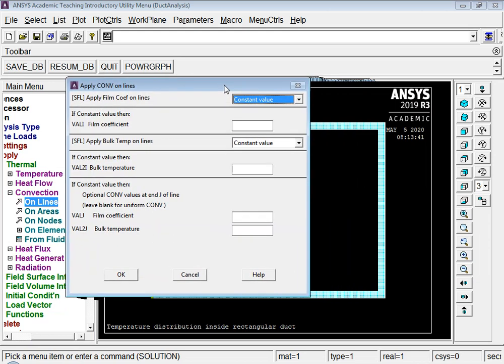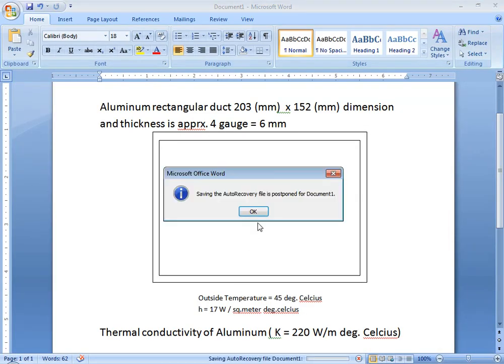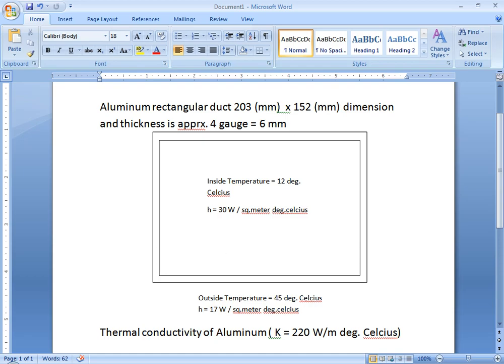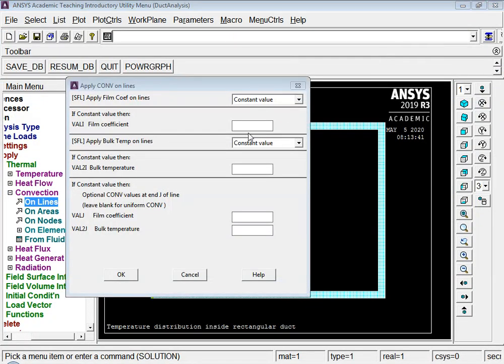And remember, the film coefficient is the value of h, which is 30 watt per meter square per degree Celsius, so it is 30. And bulk temperature is the temperature at which that h value is considered.